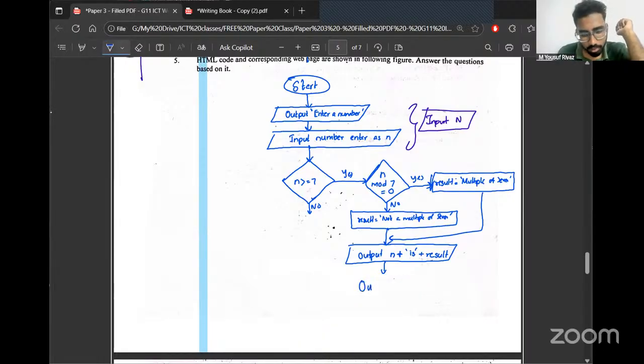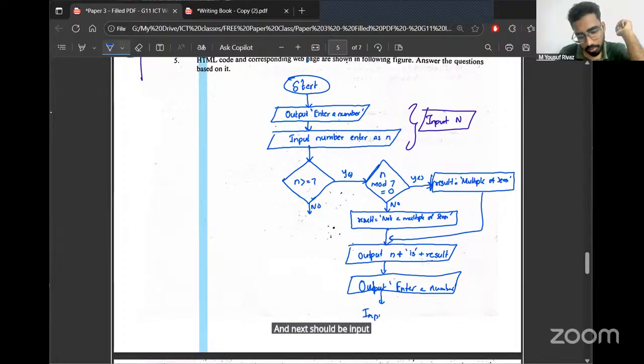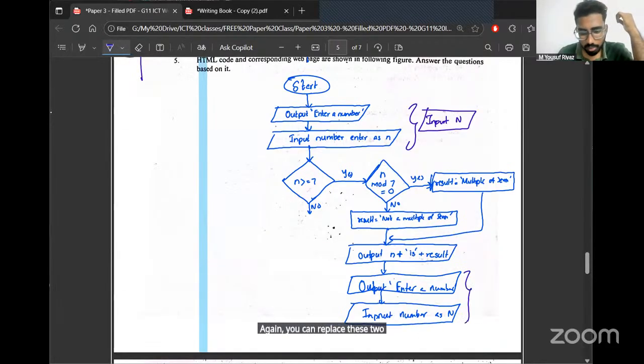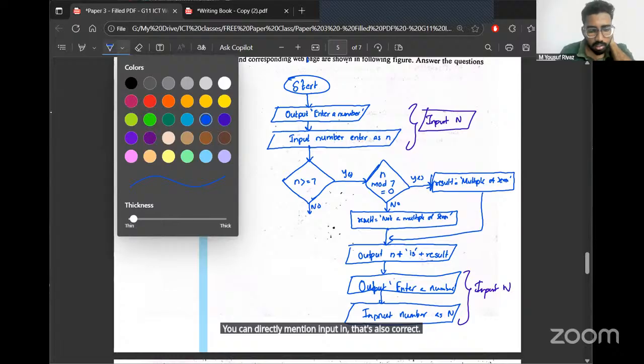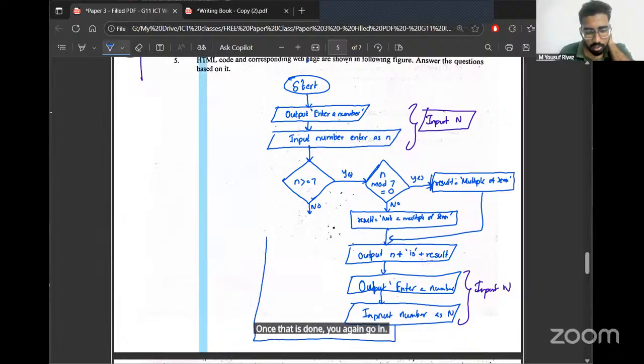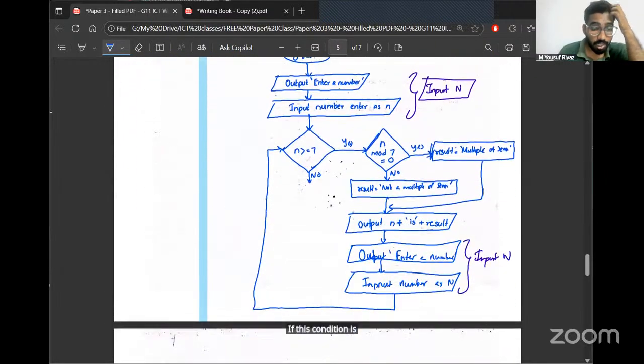That's basically output enter number, and next should be input number. Again, you can replace these two with a single statement, input n. That's also correct. Once that is done, you again go and check this condition. If this condition is false, the program ends.